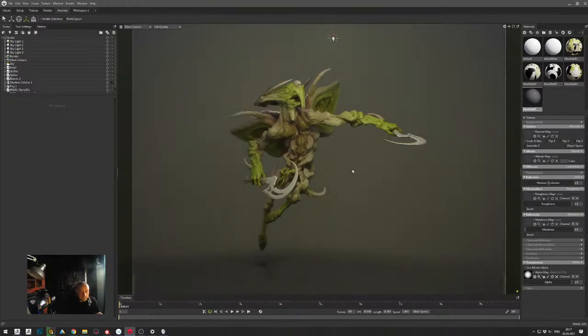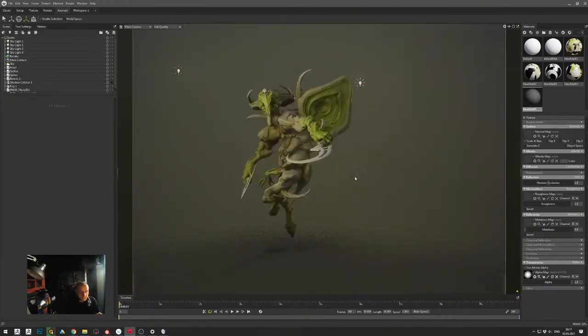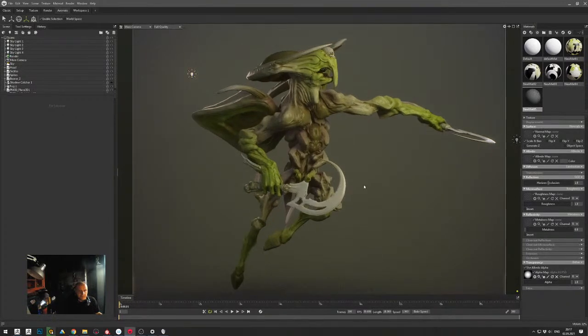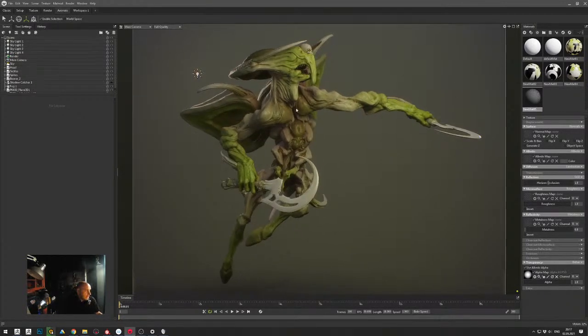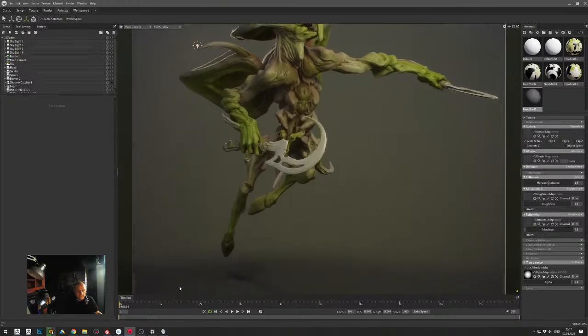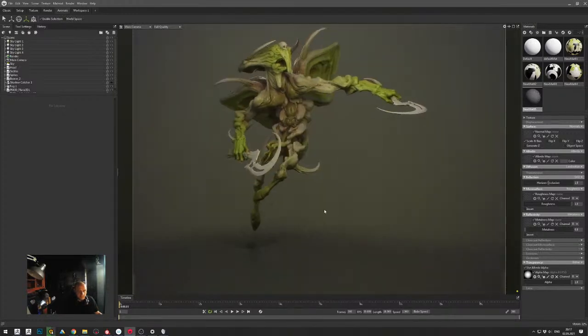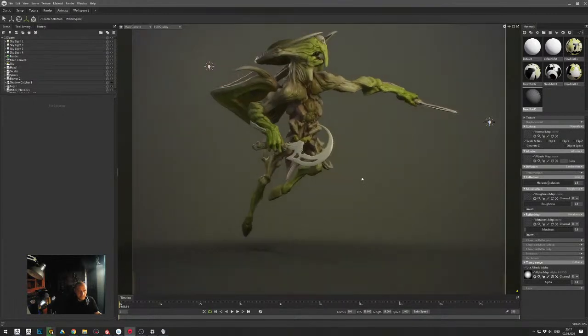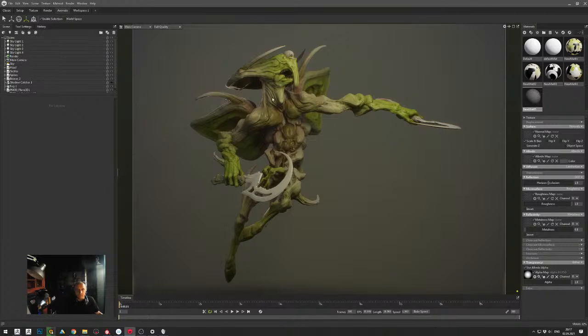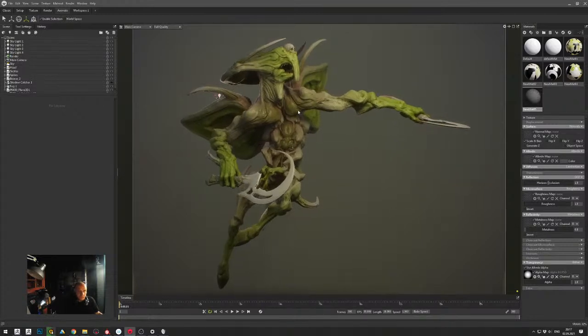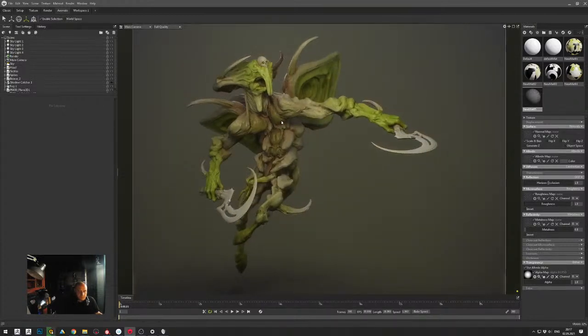Probably for this guy, so he looks not that empty, I will add maybe some base, some random base for him, and that's it. So to render this image,